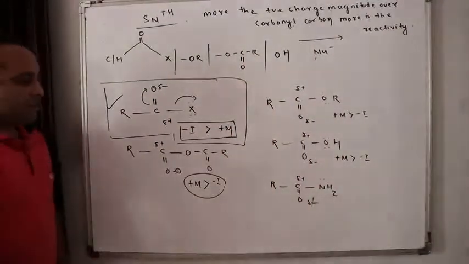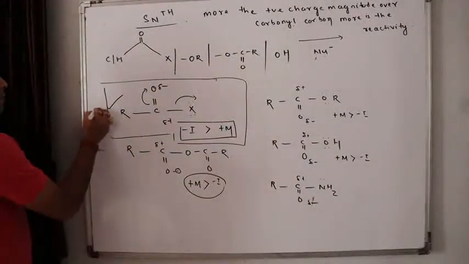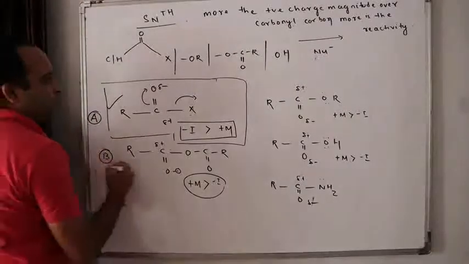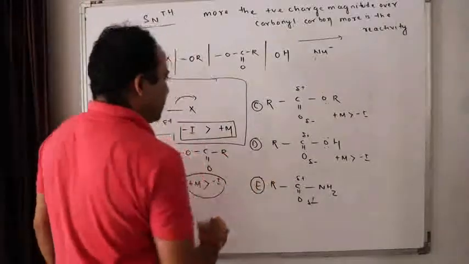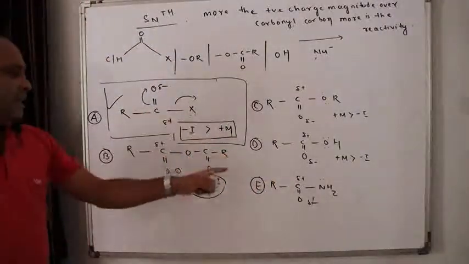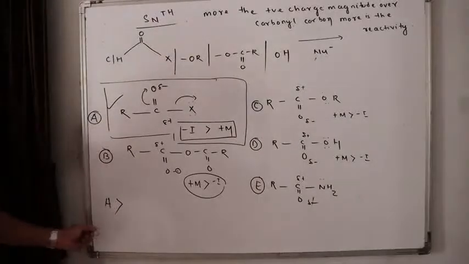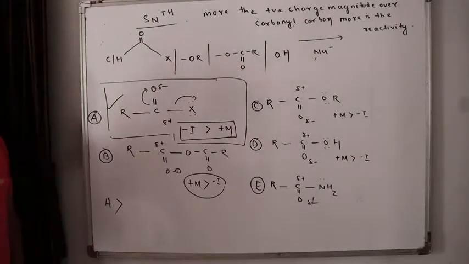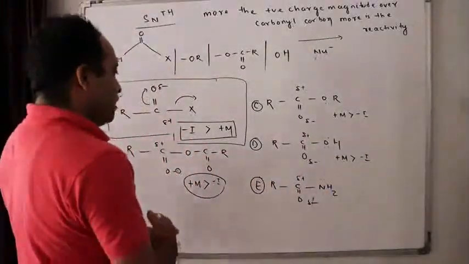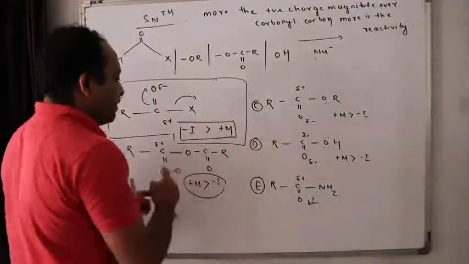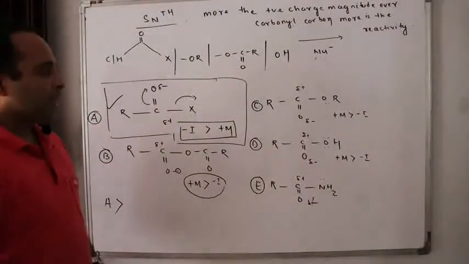Now let us go for a comparison out of 1, 2, 3, 4. Let me number it. Option A, option B, option C, option D, and option E. Now tell me, out of B, C, D, E, A is the most reactive. Now away from A, who is more reactive? Now tell me. Very simple. This is plus M, this is plus M. Now I have to judge where the plus M is more, because the more the plus M, the less will be the reactivity, isn't it?